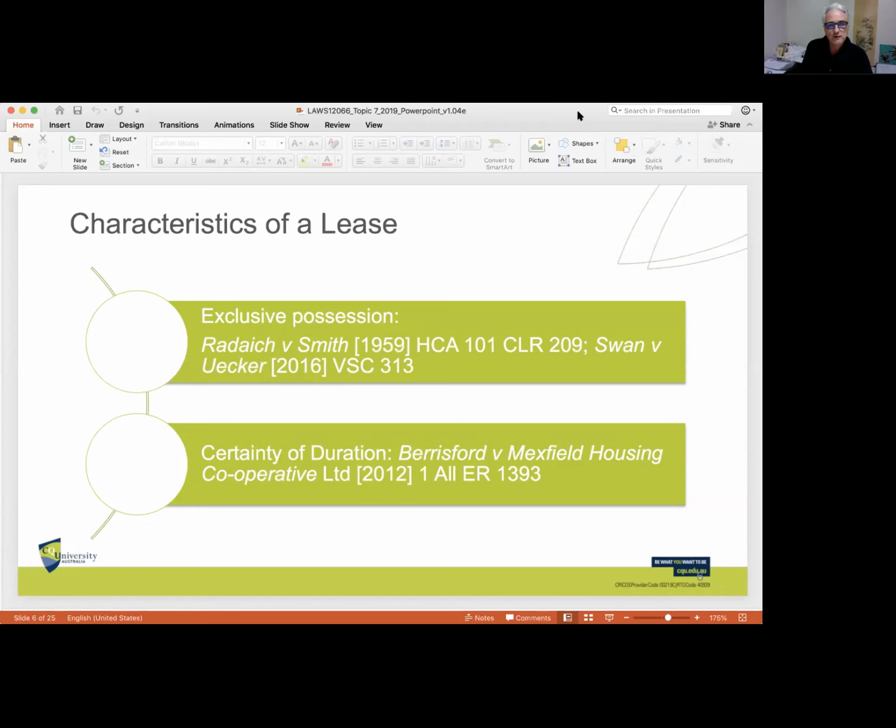So the first idea that we need to tackle is, what are the characteristics of a lease? How do we know whether we've got a lease? Okay, what is a lease? What are the fundamental ideas that a lease entails? Right. So we'll just go back to